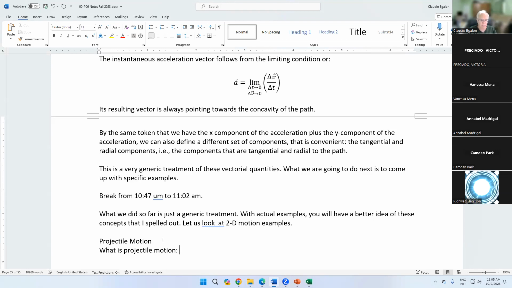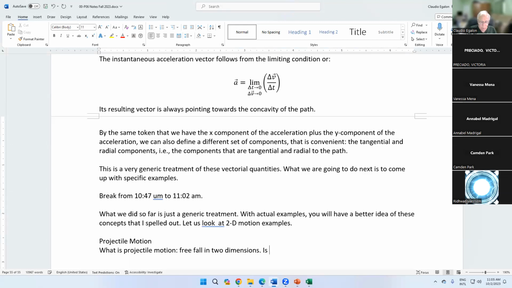It's just like free fall. It's free fall in 2 dimensions. And free fall, how is that defined too? Free fall in 2 dimensions and projectile motion in 2 dimensions